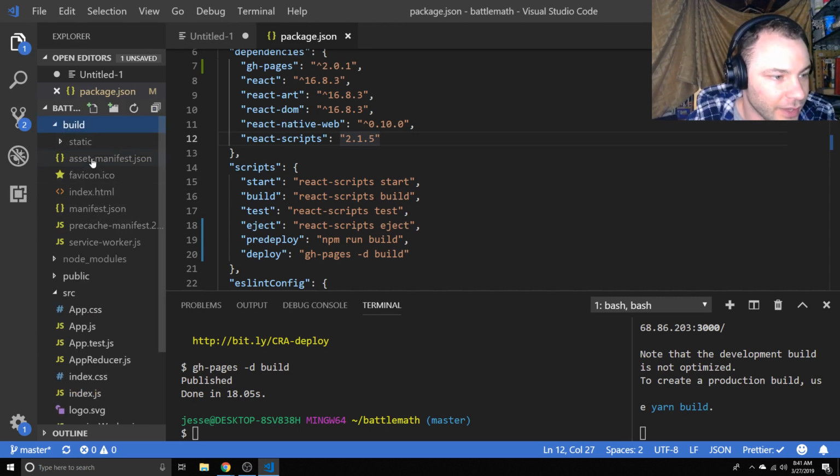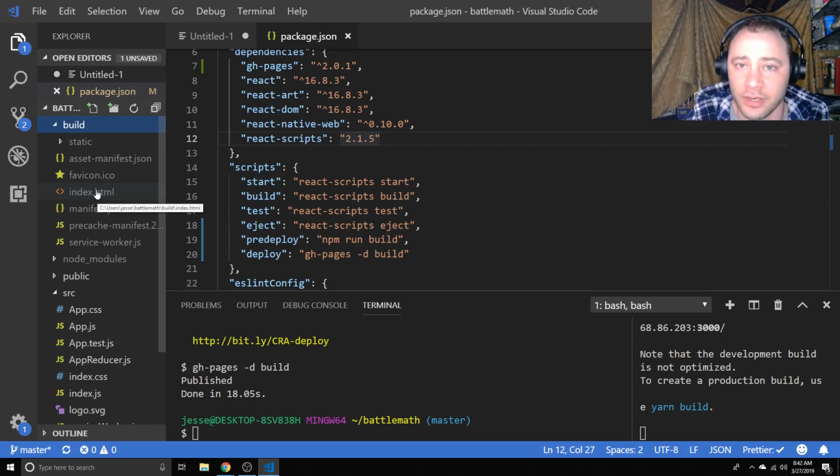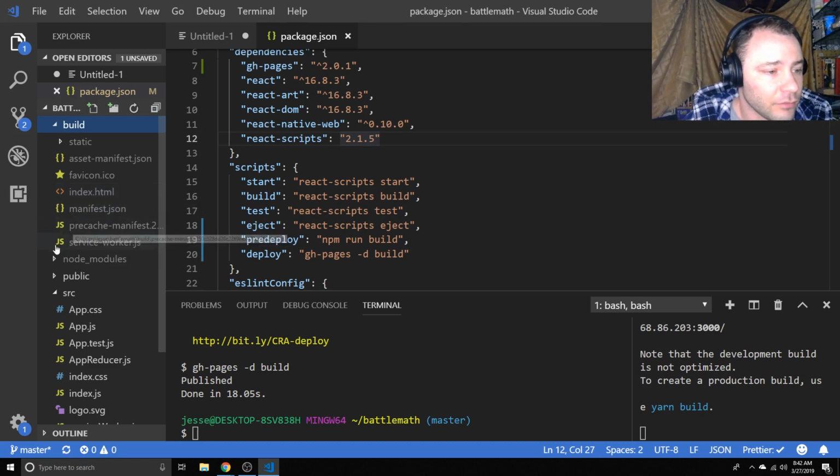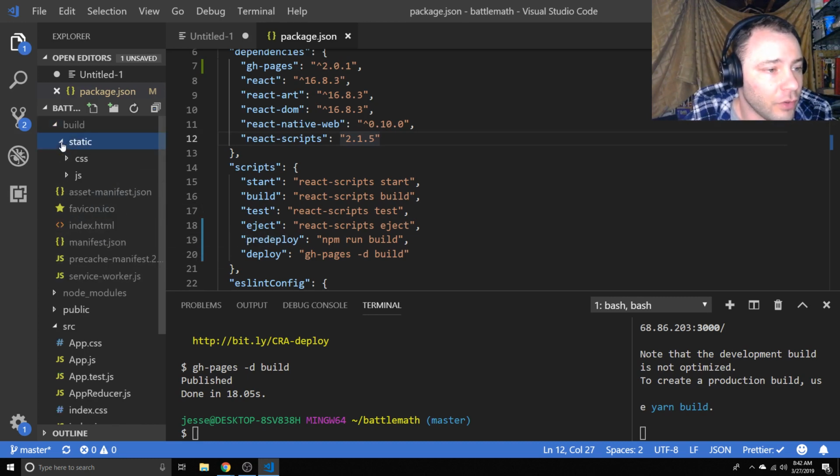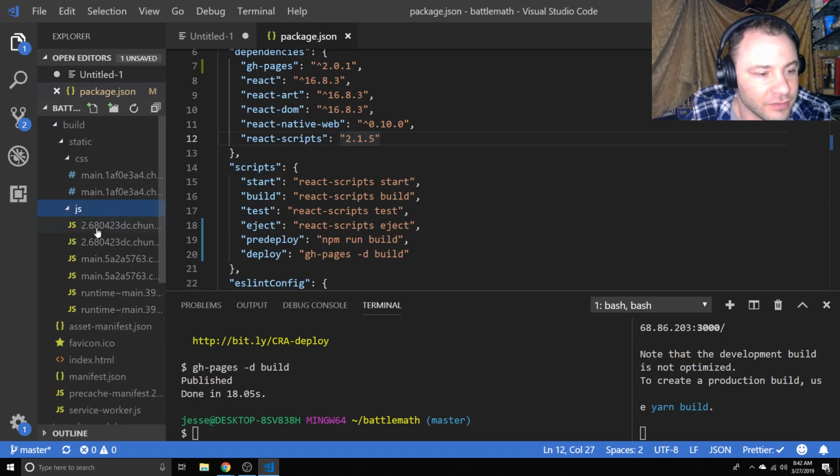So you can see we have a bunch of these settings files. We have an index.html, so this can run as a static website basically. Like you could spin up Nginx and just point it to your index.html and it would work. So all of our actual files that we made are now in our CSS and JS, and you can see they've been,